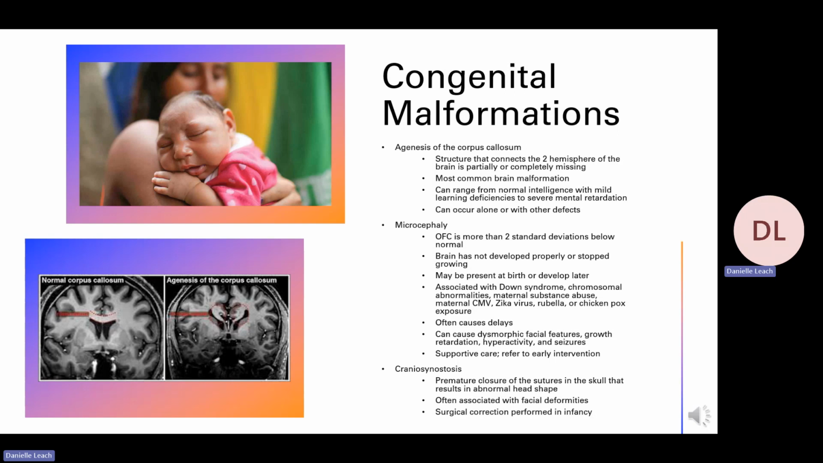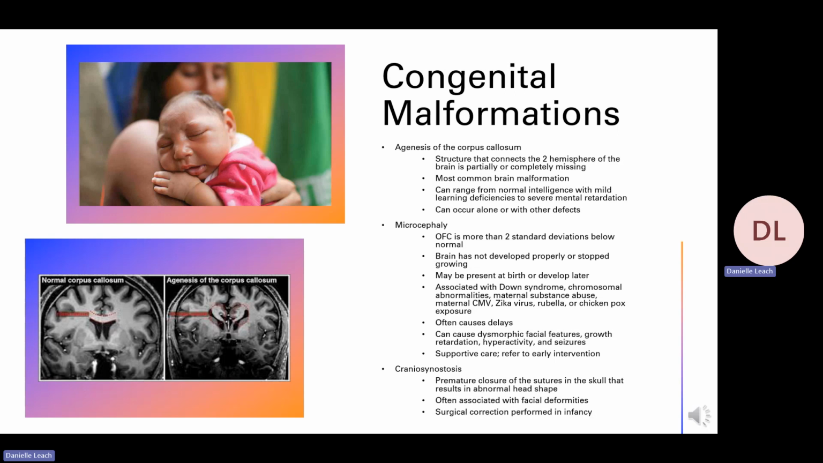So with Down syndrome, sometimes the babies can have microcephaly. With other different chromosomal abnormalities and different syndromes. But it's also associated with maternal substance abuse, maternal CMV, which is cytomegalovirus, Zika virus, rubella, or chickenpox exposure. This often causes delays in